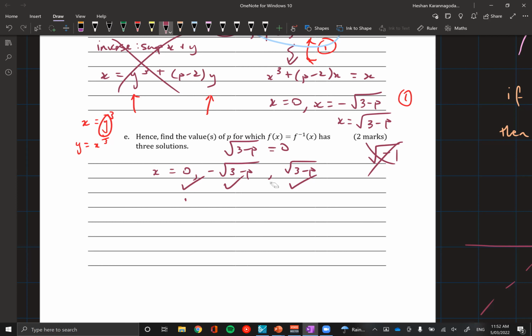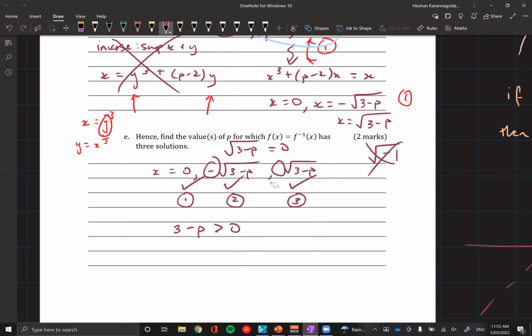So essentially what we want is for this to be one solution, this to be another unique solution to the first one, and the third one to be another unique solution apart from that. We can see that these would be unique solutions because it's plus or minus of each other, but only if the square root is positive. So in this case, we want 3 minus P to be strictly greater than 0 because we want a positive square root, which would result in 2 more unique solutions, 1 from each square root.